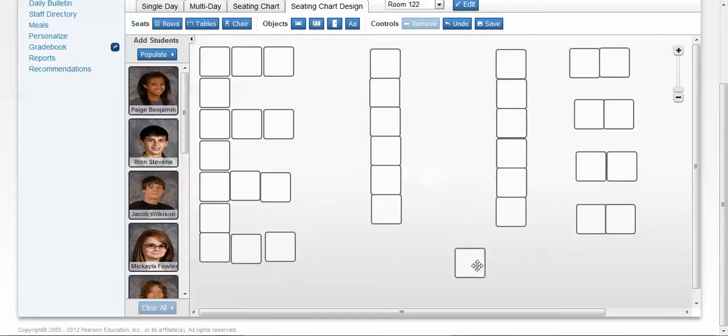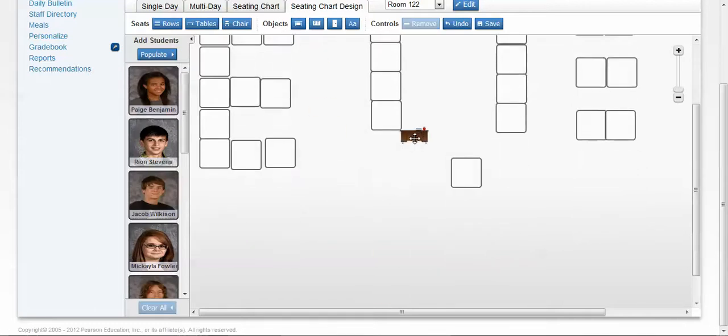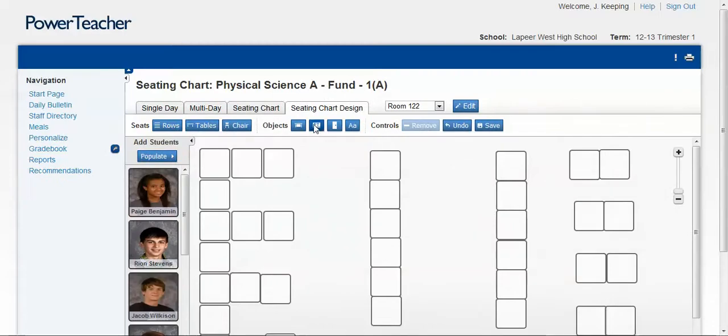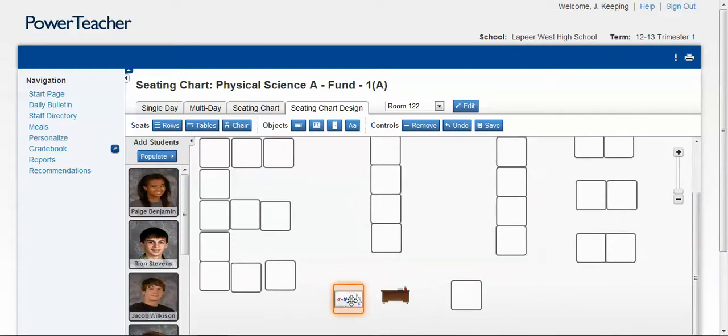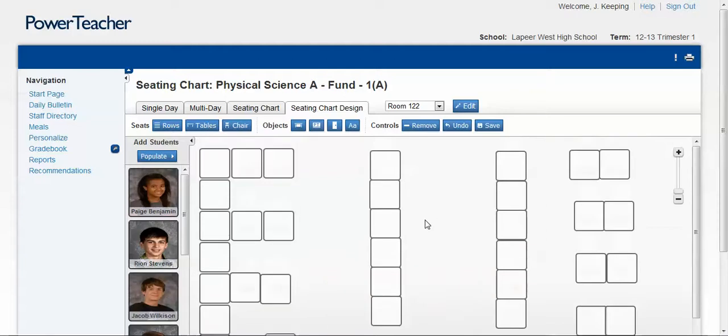And I've got one kid who's my favorite. I'm going to put him right up here in the front, right by my teacher desk. Got my teacher desk there, and I can put him where I want. There's my teacher's desk. I can put a chalkboard in, dealing with the small screen here. I'll put my chalkboard in just for some orientation for people. Okay, well, let's say that is my